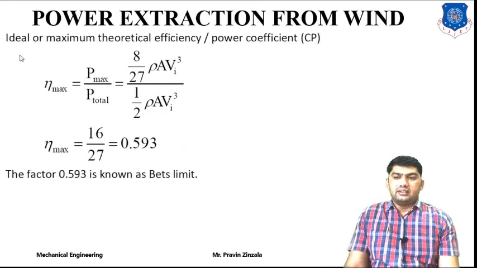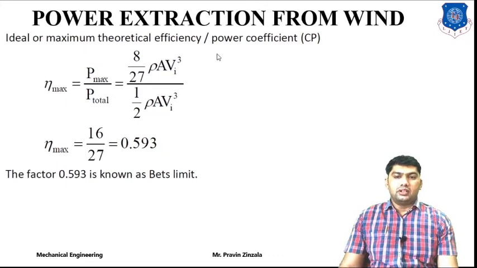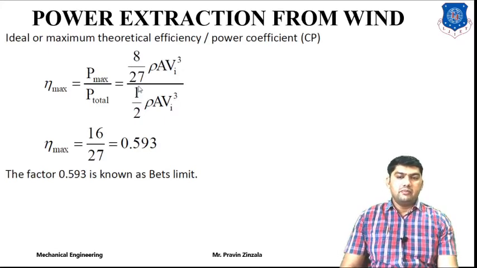And we can also derive the ideal or maximum theoretical efficiency or power coefficient, means maximum power divided by total power. So we will get the maximum efficiency. And this is the 8 by 27 rho A V cube maximum power, and total power we have also derived, the power available in wind, means 1/2 rho A V cube. So the maximum efficiency is equal to 16 by 27 because rho A V cube and rho A V cube will be cancelled. So the final power coefficient is equal to